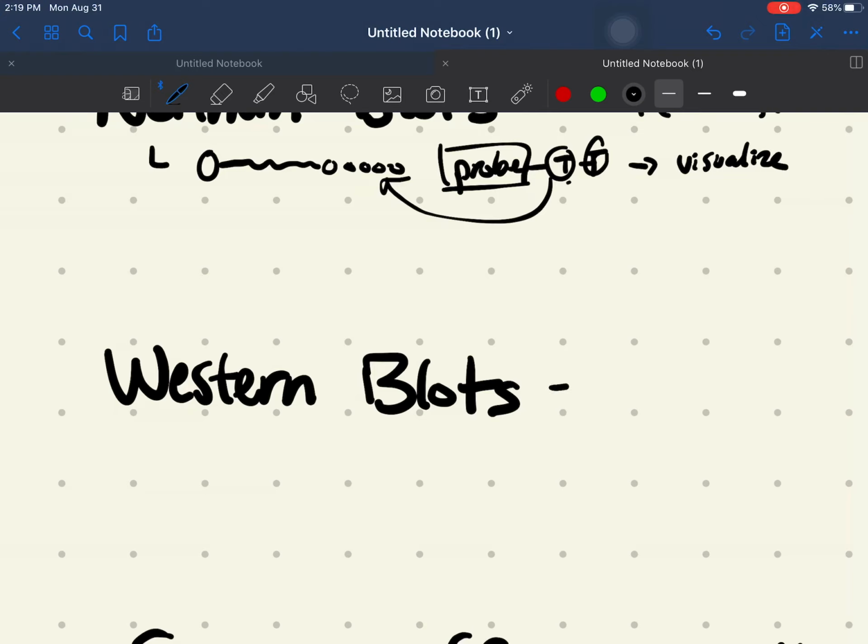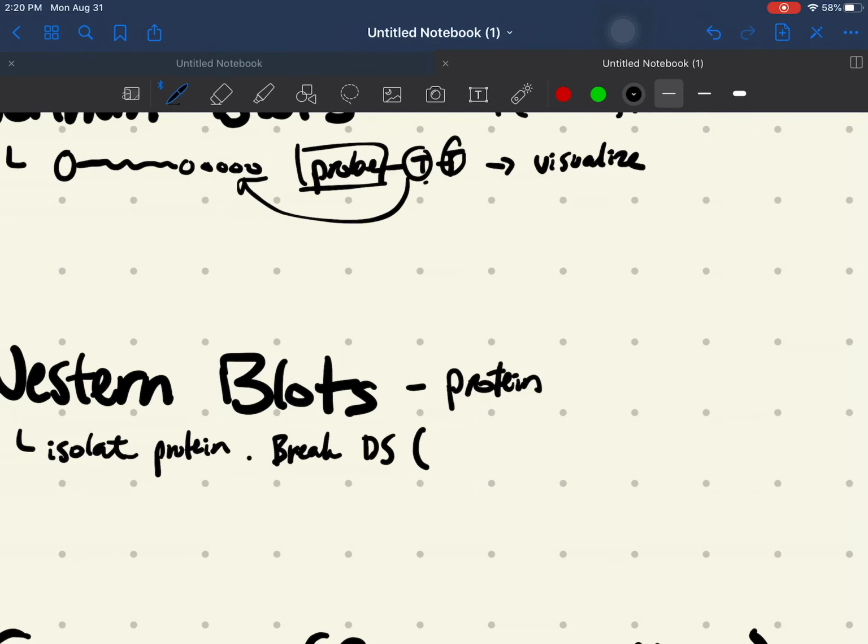And then moving on to Western blots, you guys are probably most familiar with Western blots. They're going to be testing for your protein. Now, the first thing you want to do is the same as the rest of them, is to isolate your protein first. You can do that through a centrifuge, for example. And then you want to break apart those disulfide bridges. Remember, in tertiary structure, you have a bunch of disulfide bridges, right? So you want to break your disulfide bonds, and you can do that through this chemical, and it's going to be called